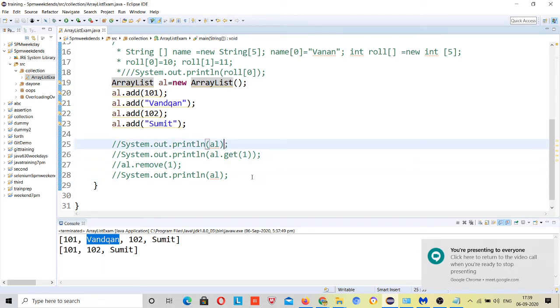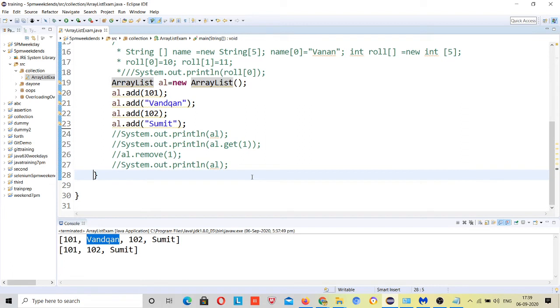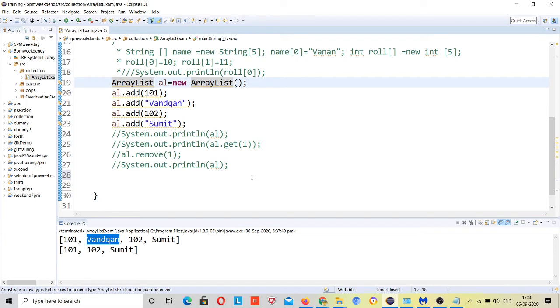Now the other thing is that if I want to restrict my array list to store only strings, what I can do is give a type to that. Here I will provide a type, the angle brackets, and now I will add only strings.